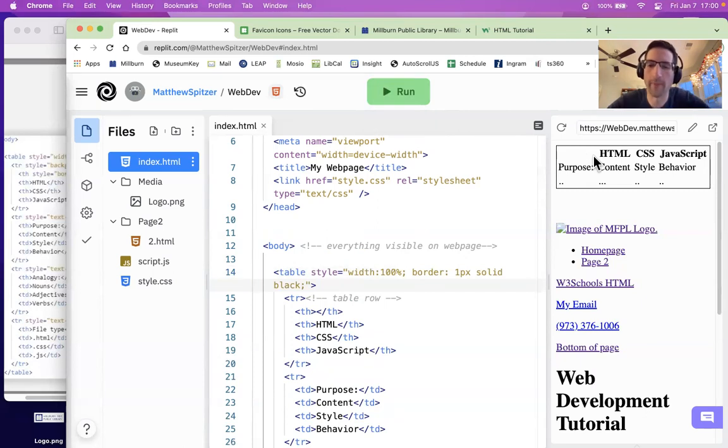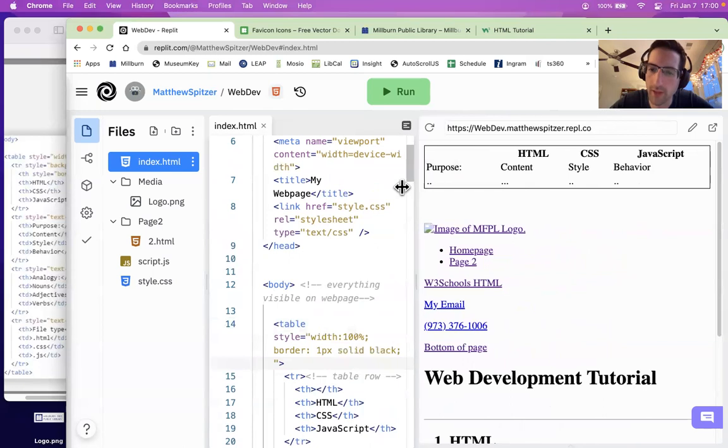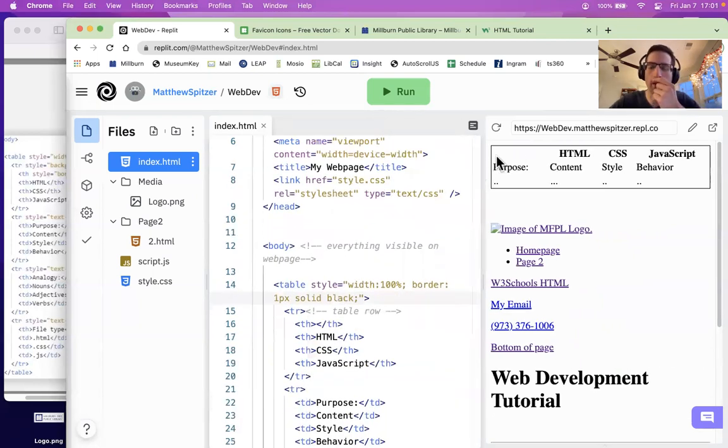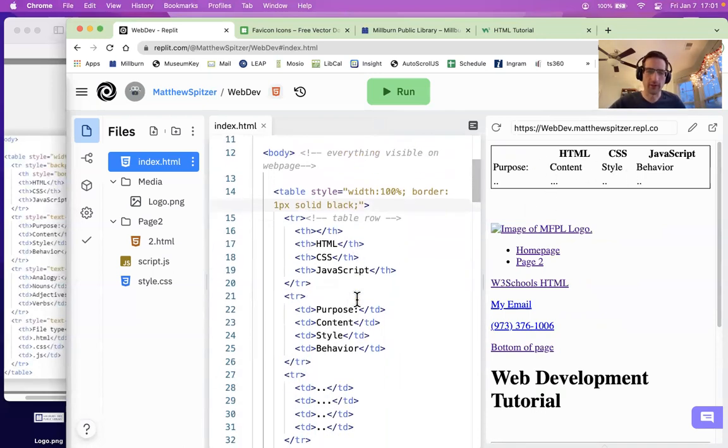And now if I go like that, we could see it did what we wanted. It changed the width, so it takes up 100% of the page, and it put a black box around the whole thing. But we still want lines between each column and each row. So that suggests that we might have to put a style tag on each of these rows, maybe each table data itself. And that's why